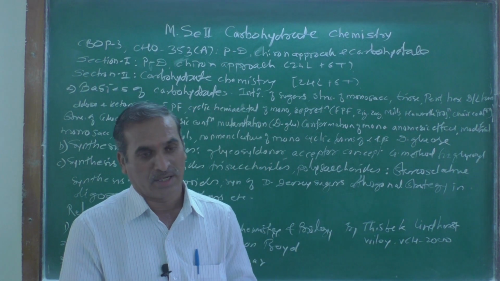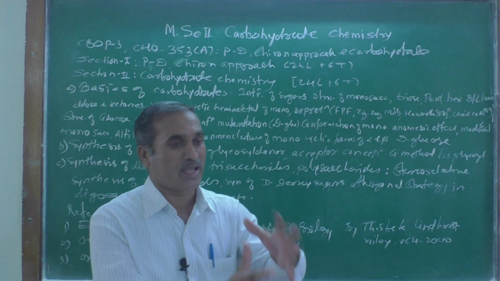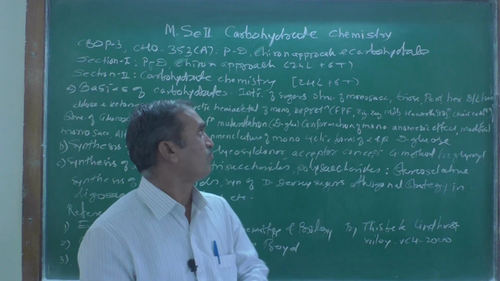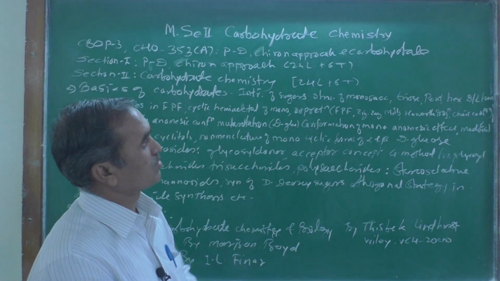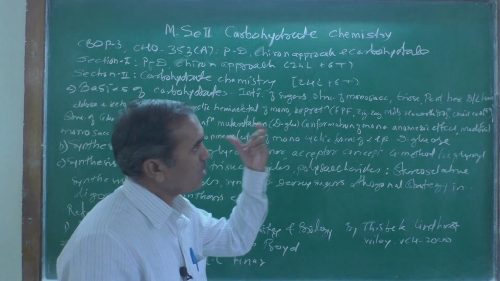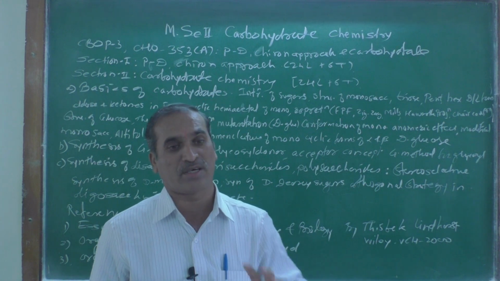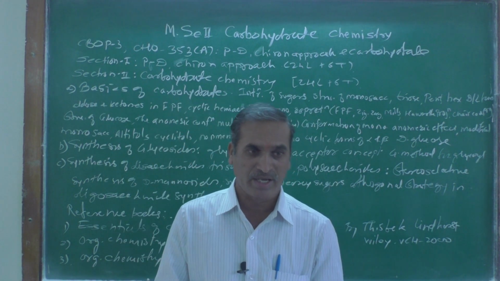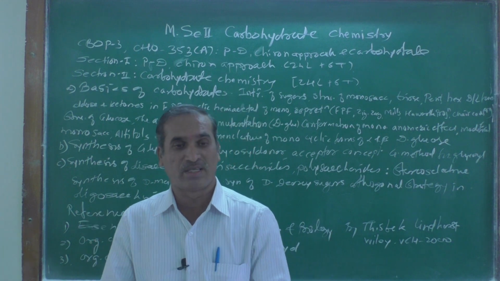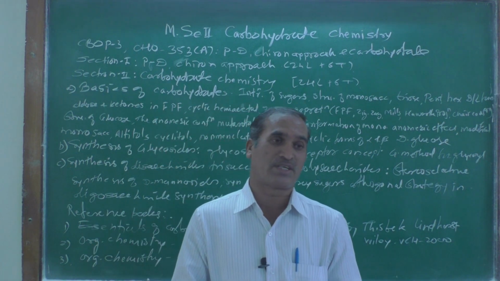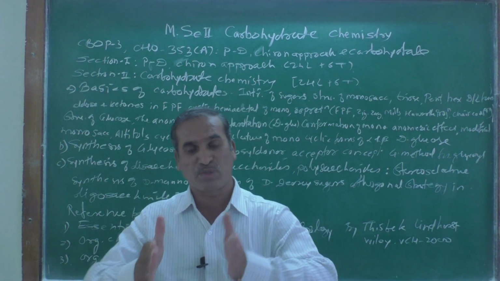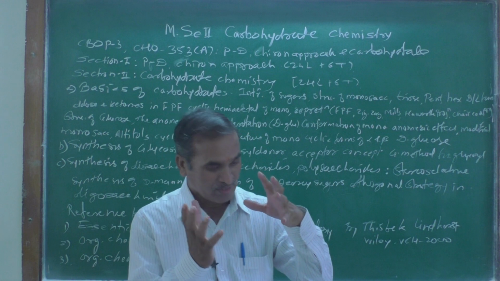That is what we are going to see here, monosaccharide. And then triose. Triose means a 3 carbon atom compound, and the simplest triose is glyceraldehyde, and it has only one chiral center, and how it is represented